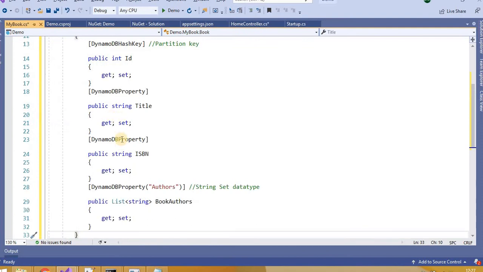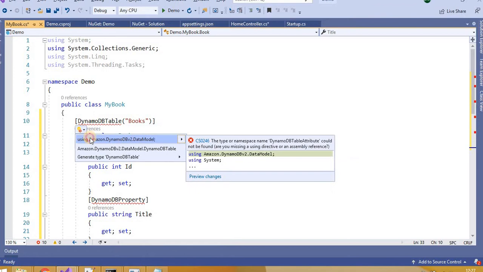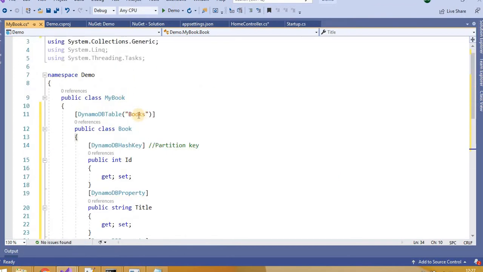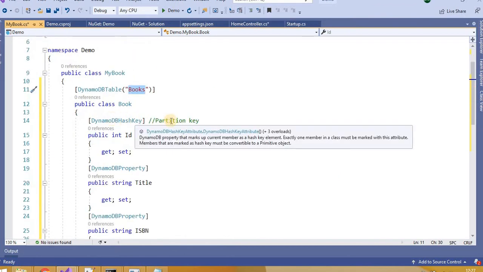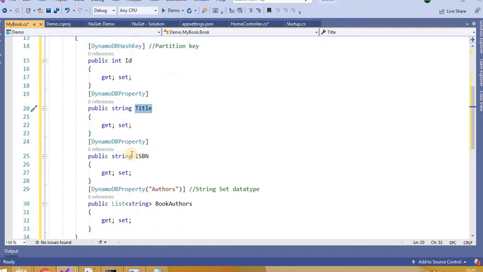Then let's add a few properties to it. I have given the DynamoDB table name, which will match with its class, as books, and the partition key is ID. Then I have other properties which exist in the DynamoDB.